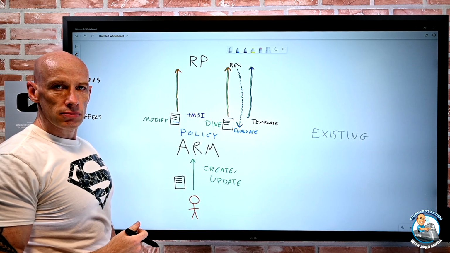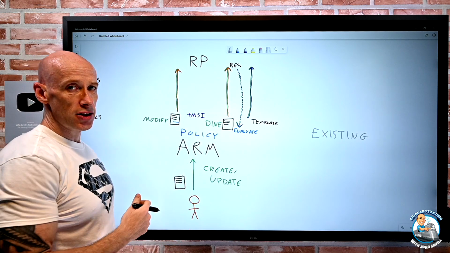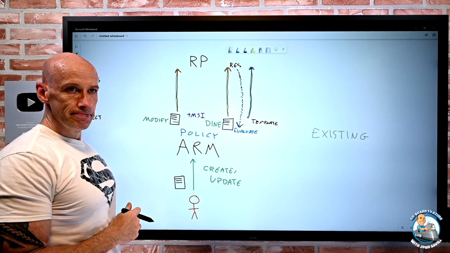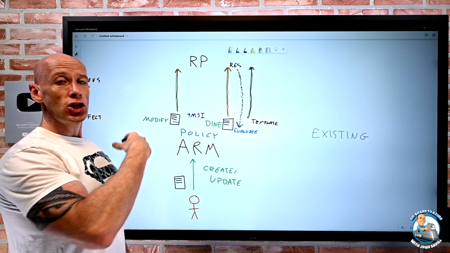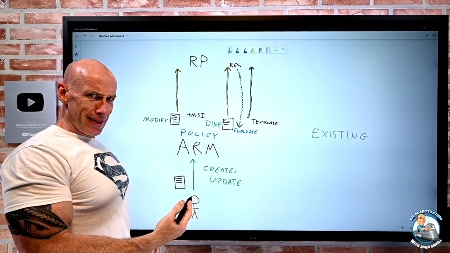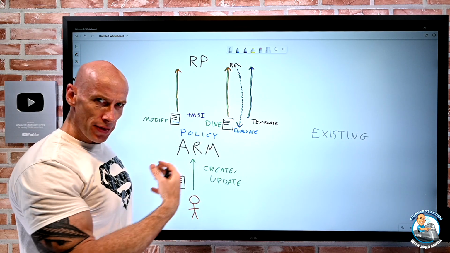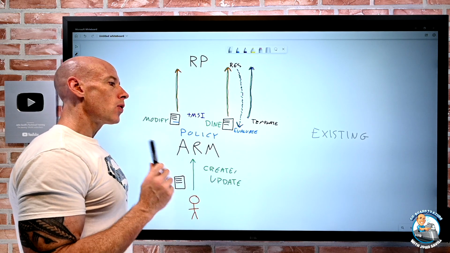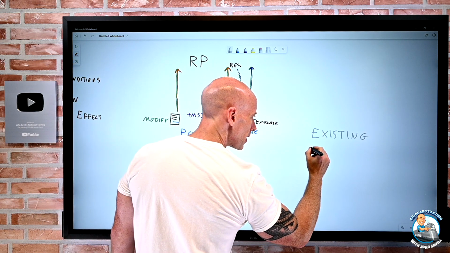Policy doesn't do anything. If I just assign it to the scope, existing resources are ignored. Well, they'll show as not compliant, but it won't remediate them. But I want that. I want this tag added. I want this agent deployed. So what I have to do is basically create